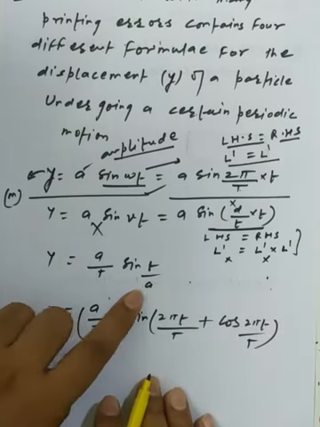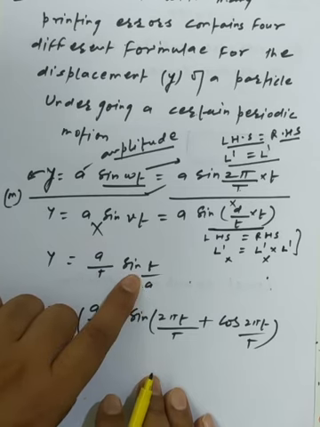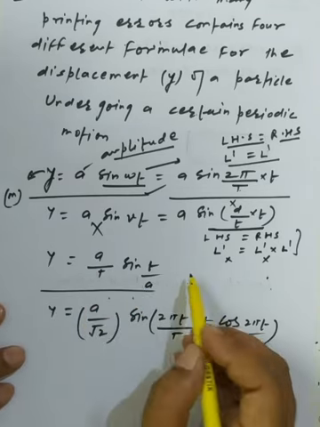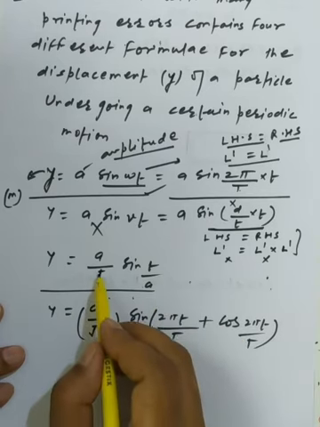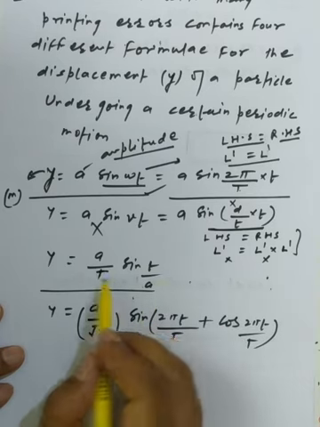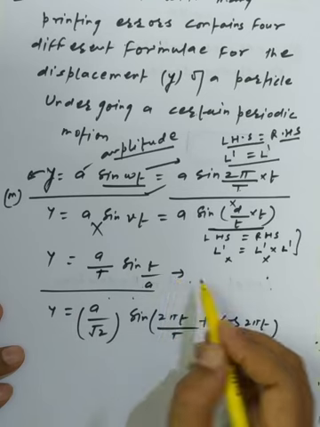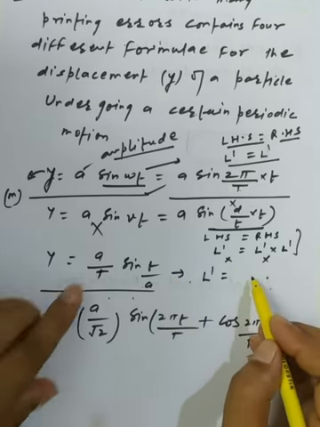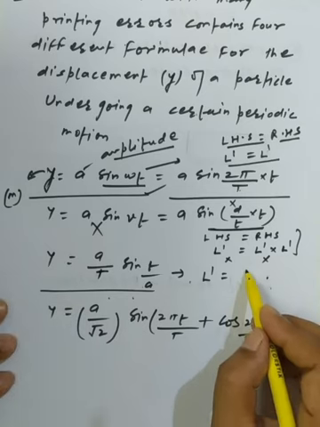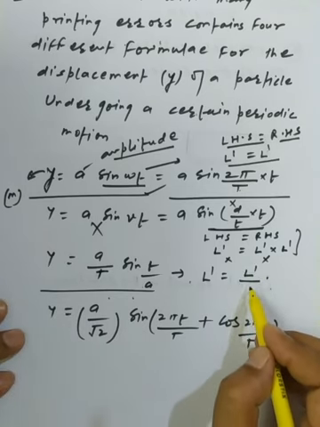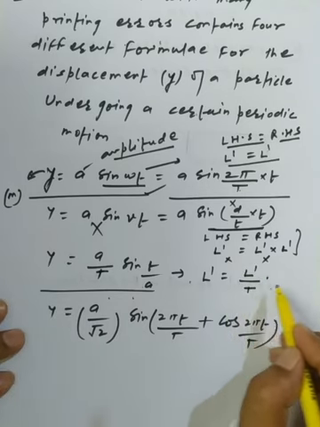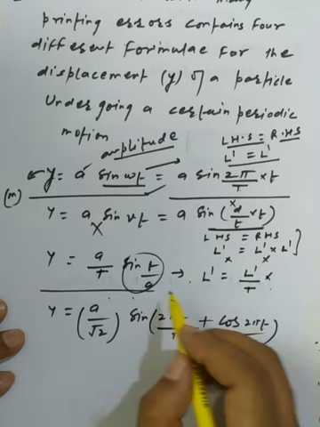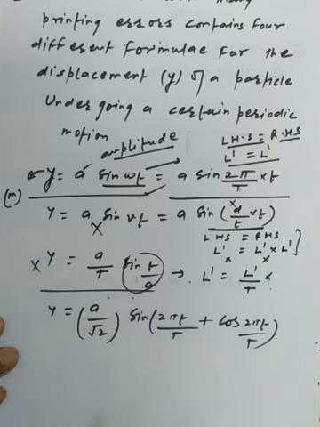There is no concern of the unit here. So this formula is also not a correct formula, because there is a misconception in the dimensions of the left hand side and the right hand side. On the left hand side the dimension is L1, and on the right hand side A is the displacement, so it gives L1, and the time T. And here we are getting the dimension of the angle, which is a wrong concept. So this formula is also not correct.